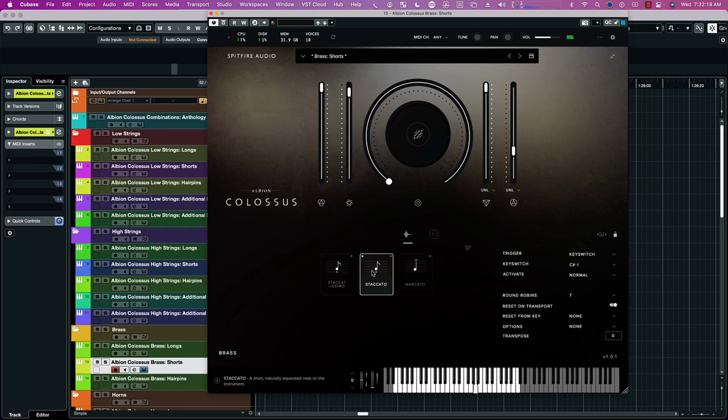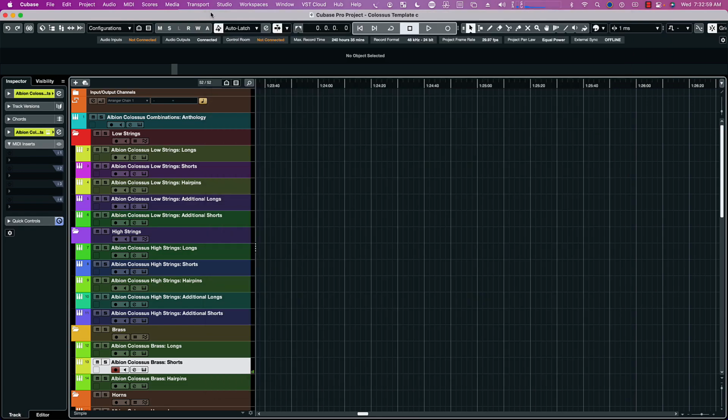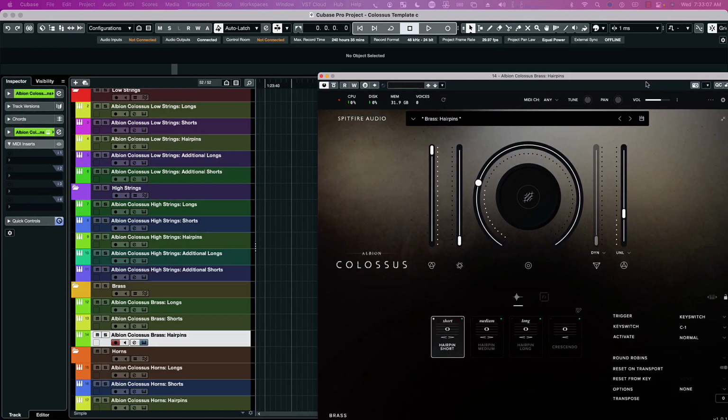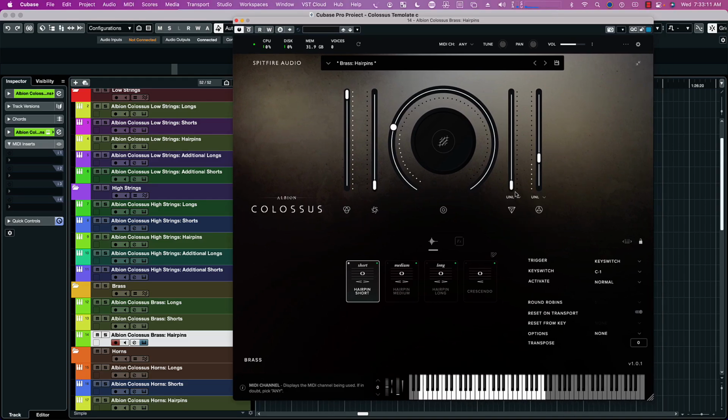Staccato. Marcato. And then let's go ahead and turn some hype on. And let's go to chamber. And we have hype on. Let's take a look at the hairpins, the brass hairpins. So we have chamber, let's do mid mics and